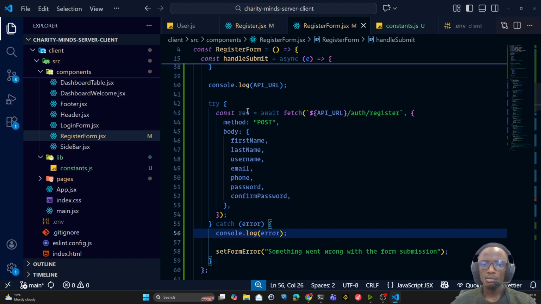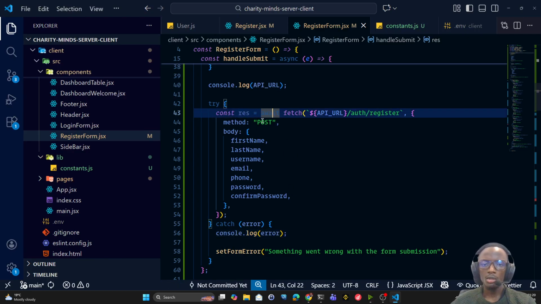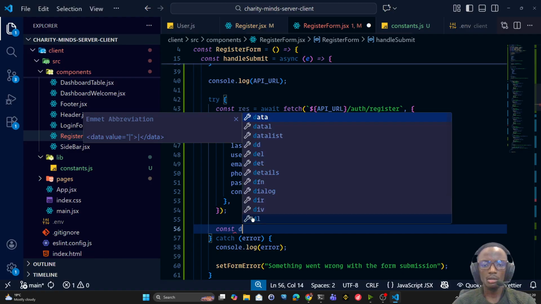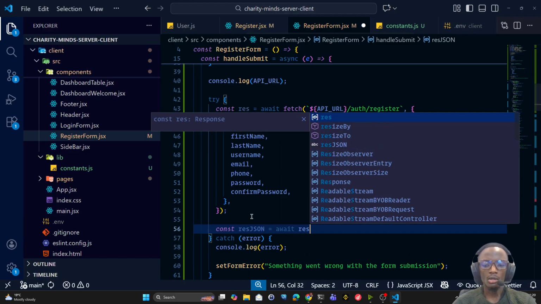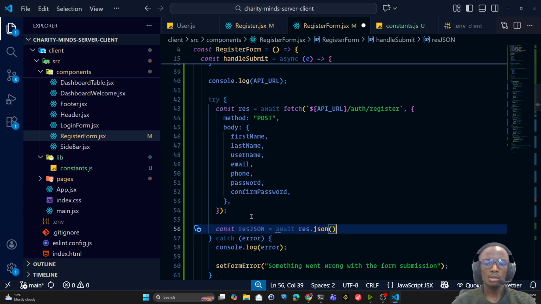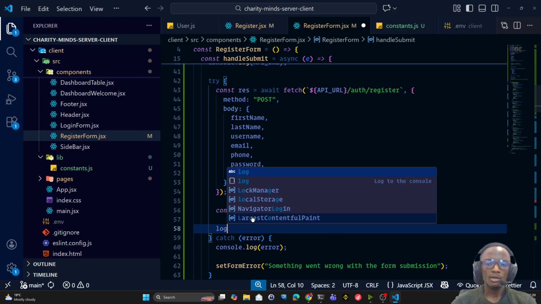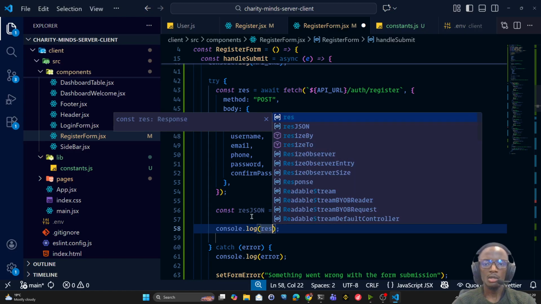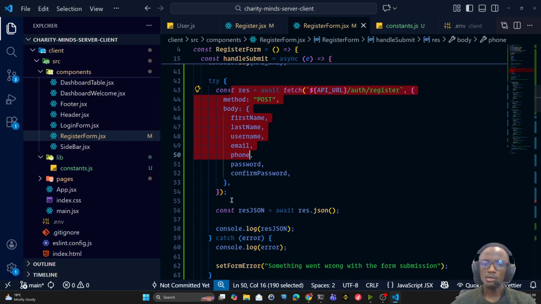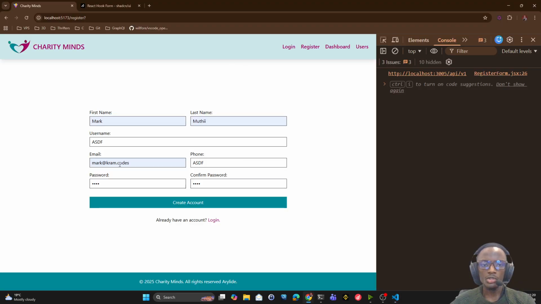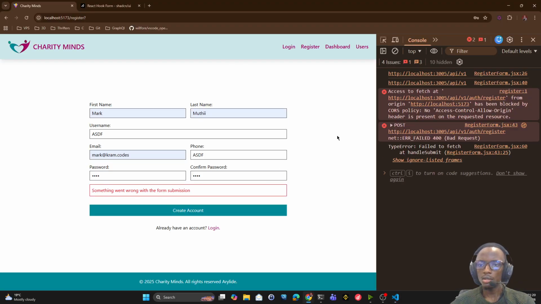Okay. Then once we get this response, where does it start? Where does it end? Right here. We can get the data, res JSON equals we await res.json. Then for now we'll just log what comes inside res.json. Is there anything missing from this? We will know when we send this. So if I send this,